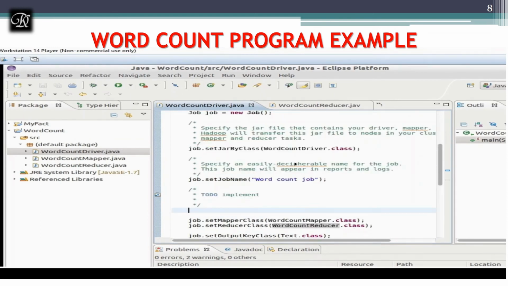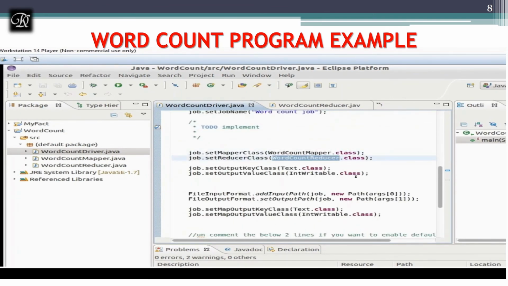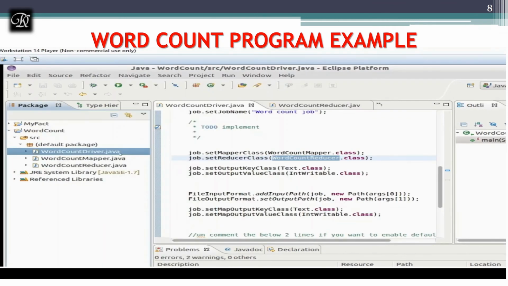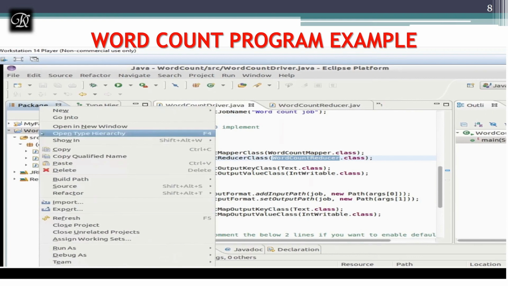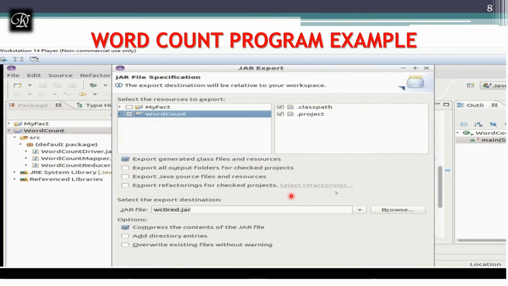Next, we'll see how to create a jar file. Right click on the project and export the jar file.